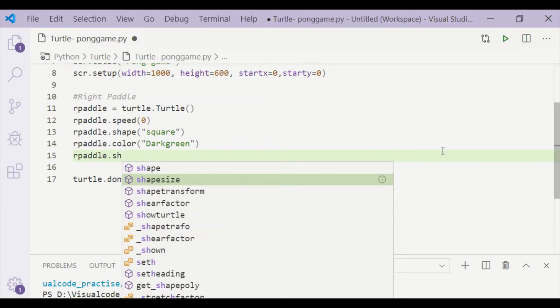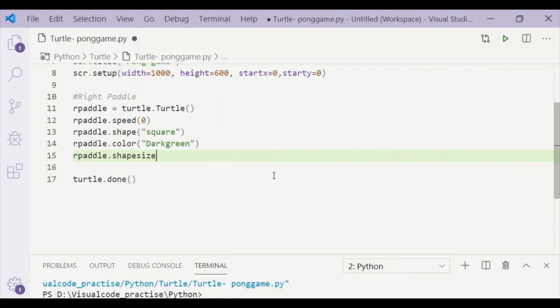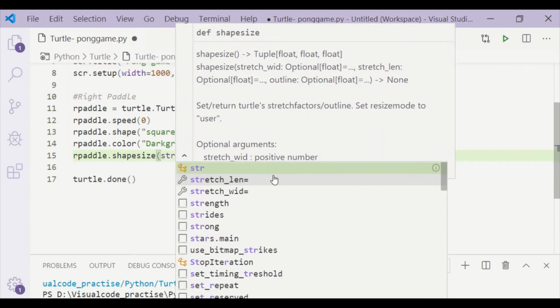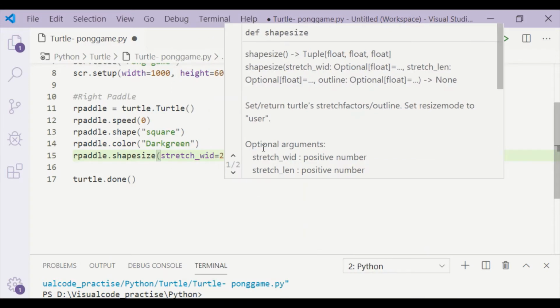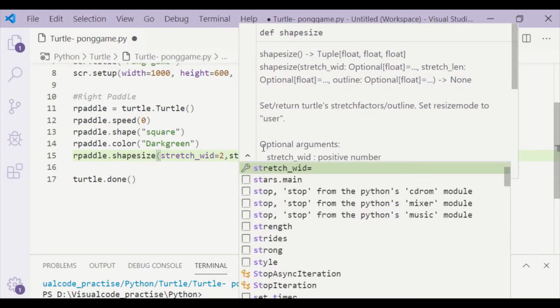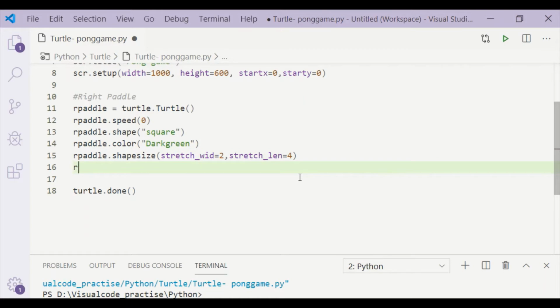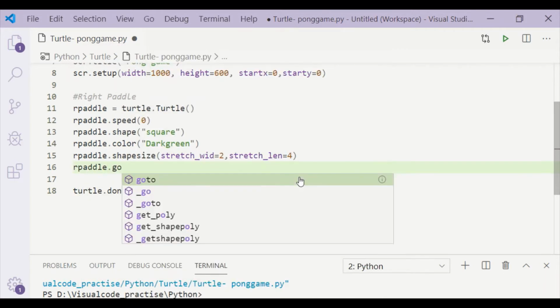As the shape is square, we want our pedal to be little rectangle. So I will take the method shape size and set the width to 2 and stretch length to 4 so that it looks like a rectangle pedal.